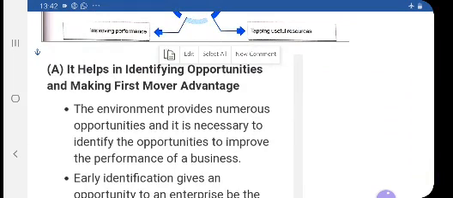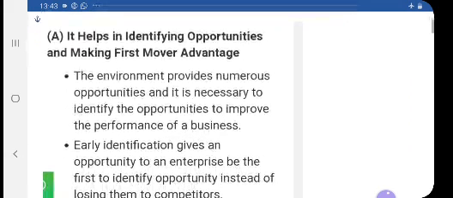First, it helps in identifying the opportunities and gaining first mover advantage. Just see in the environment what the current demand of the consumers is, and not only the current demand, even in the near future what the consumer is going to demand. So if you come first in this line, definitely you will earn the maximum share of